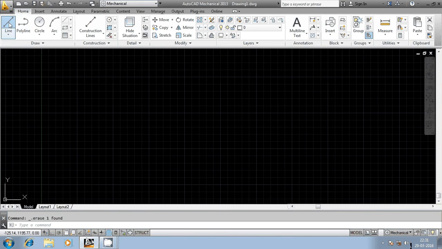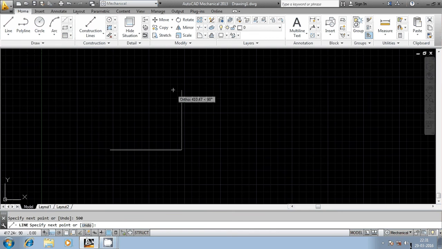In order to generate only horizontal lines, you can invoke ortho mode. After that, you can generate the lines using the direct distance method. You can see here I have selected the first point. Now I want to maintain a distance of 500, so enter 500. You need not enter two coordinates. You have to enter only the distance from the first point to the second point. After that, press the enter button.